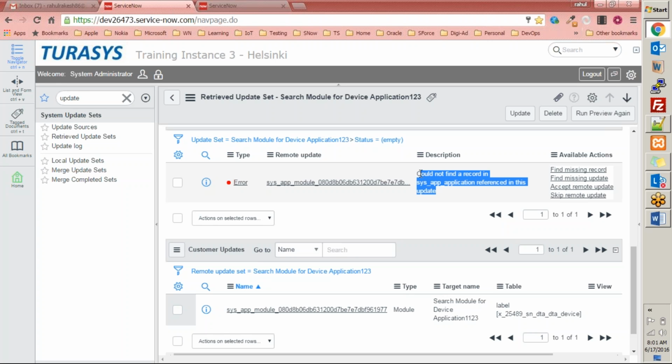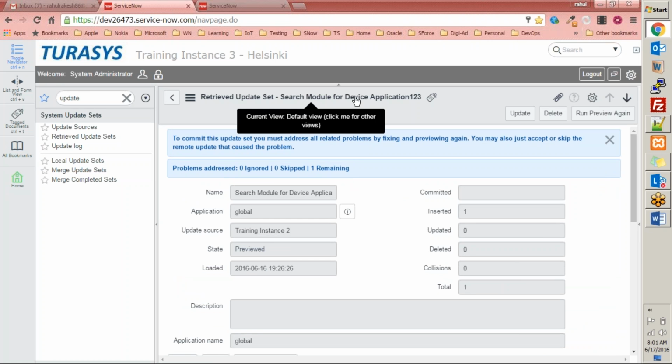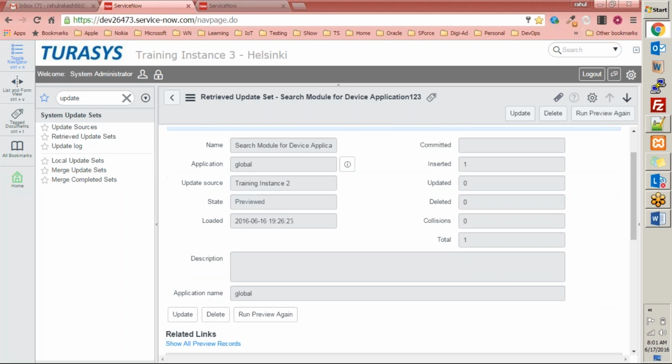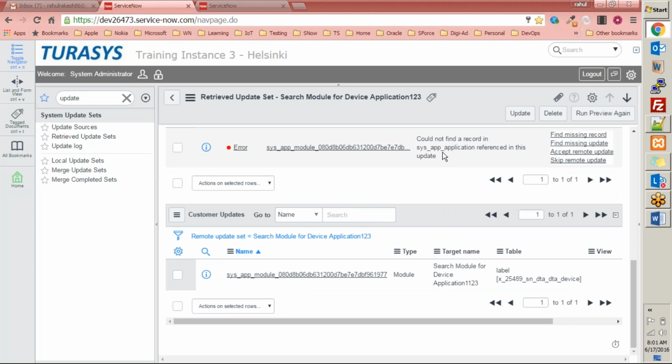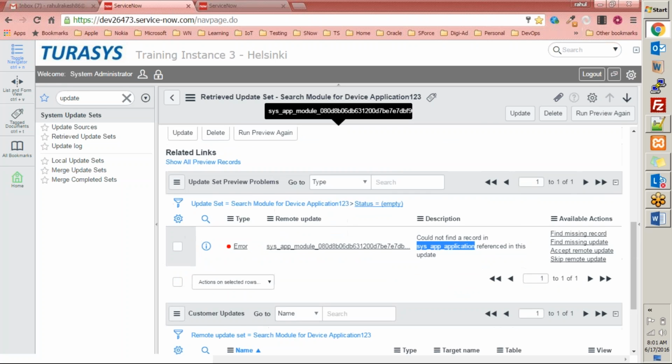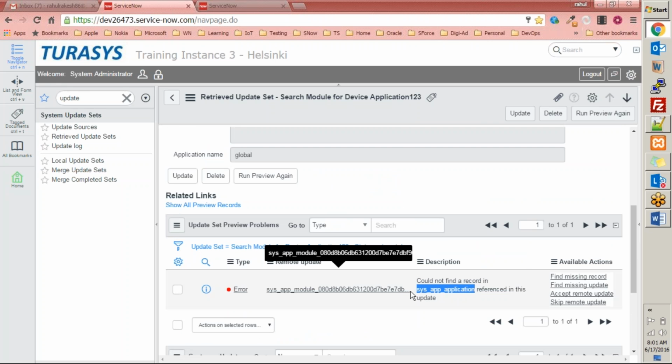Right now, what it is saying is the update set that we are going to merge, which is the search module device application 1 to 3, is saying that there is an error, and the error is could not find a record in sys app application. So this is a table where the application for this update set is not found, and that's because